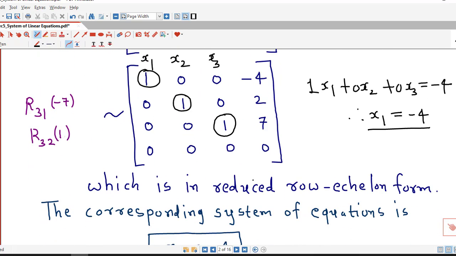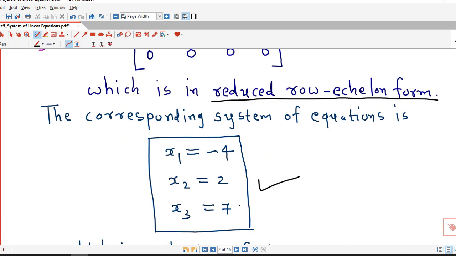So there is no big difference in Gauss elimination and Gauss-Jordan elimination. The only difference is in Gauss-Jordan elimination we have to convert the augmented matrix into reduced row echelon form, and here we don't have to apply any back substitution. In the Gauss elimination method we convert the augmented matrix into row echelon form, and then we apply back substitution. Here we have converted the augmented matrix into reduced row echelon form, and from the augmented matrix we are directly able to write down the solution of the system.